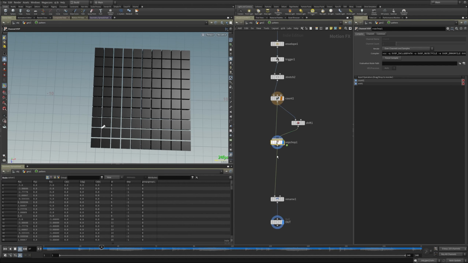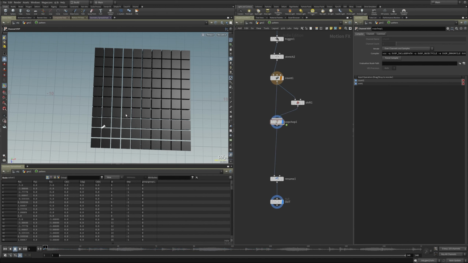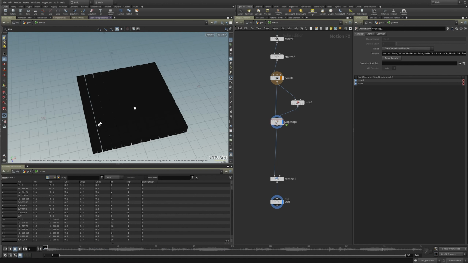Or if you would rather, once this loops back through, you can also just create an ordered pattern. You can do whichever makes sense for your setup. I'm gonna leave this at the random pattern, and then I'm gonna switch gears to show you how to build that vellum grain setup that will be triggered based on this pattern that we just created.